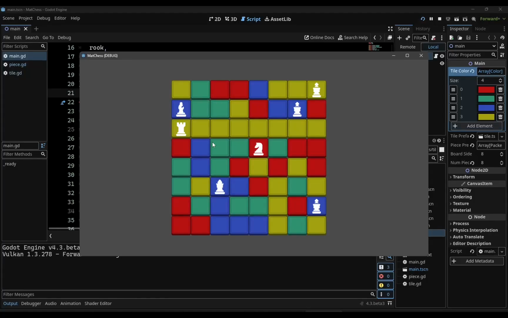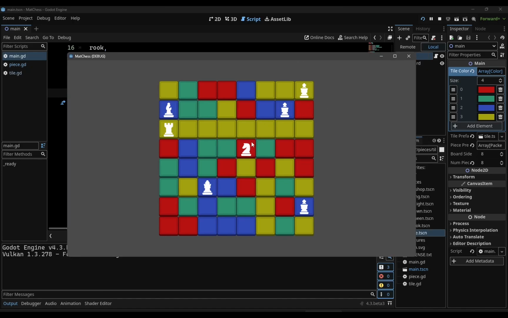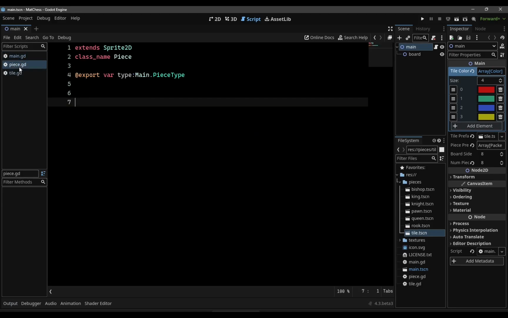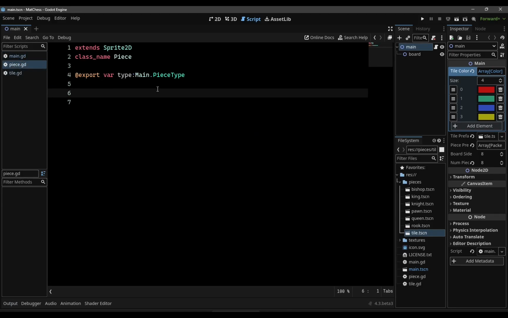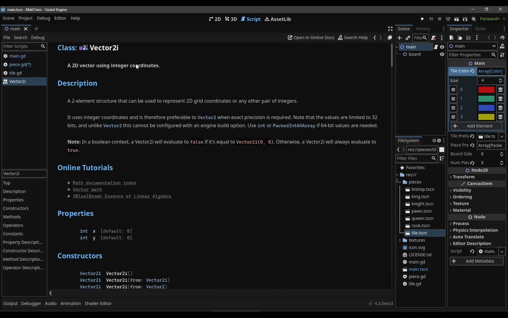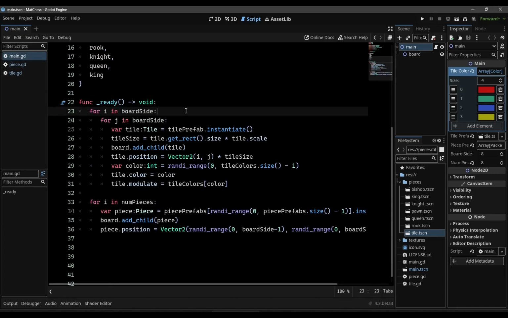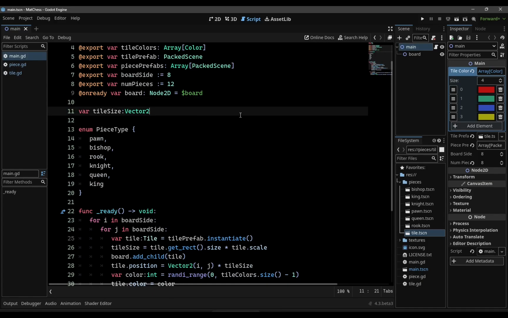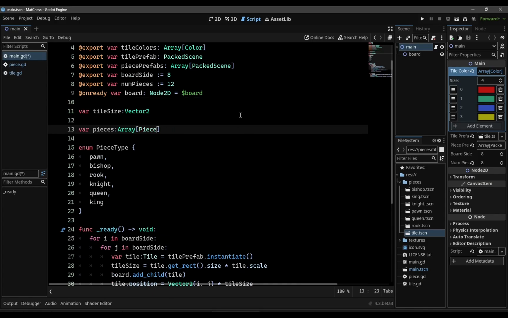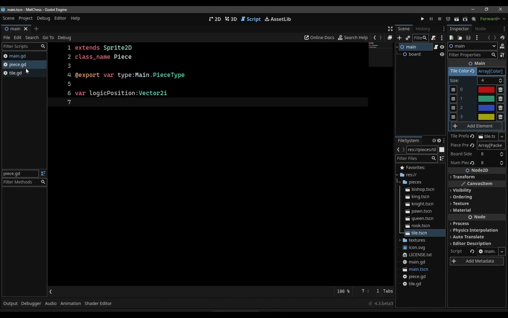Hi, last time we instantiated some pieces on the board, but we are not controlling for overlaps yet. So let's add to the piece script a variable which will be the logic position, and it will be a Vector2I, which is a vector that uses integer coordinates. And in the main script, let's maintain a list of pieces, an array of the Piece class name, and when